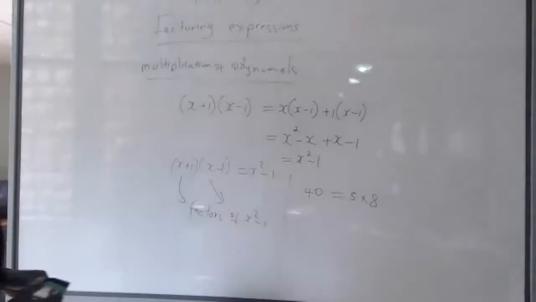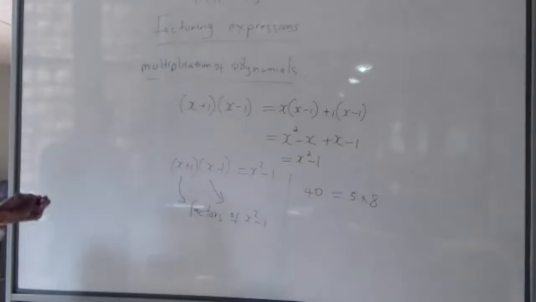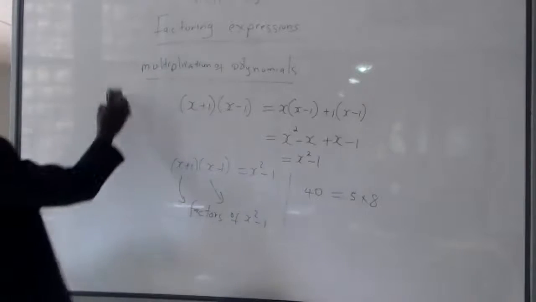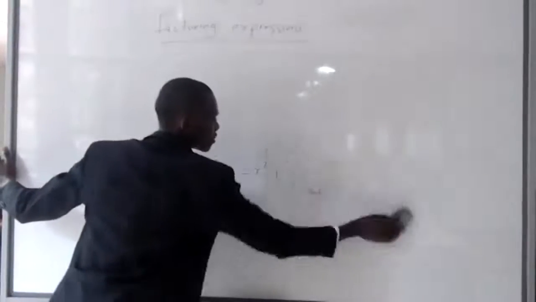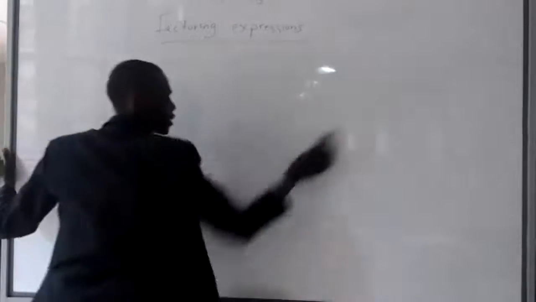The first technique we use to factor expressions is by identifying common factors. So the first technique that we will learn today is factorization by common factors. This technique simply involves identifying a common factor, then pulling it out. For example,